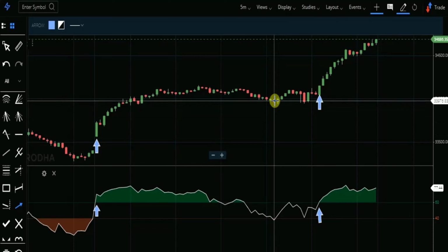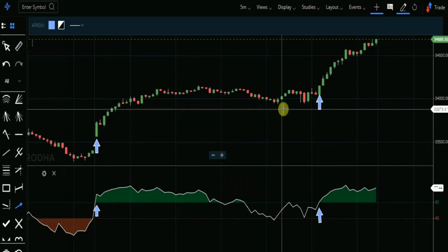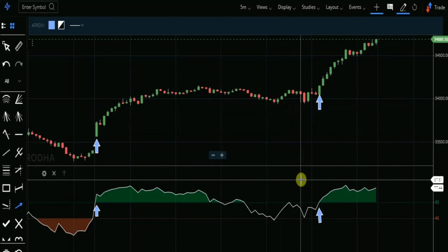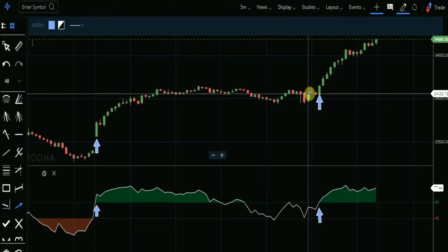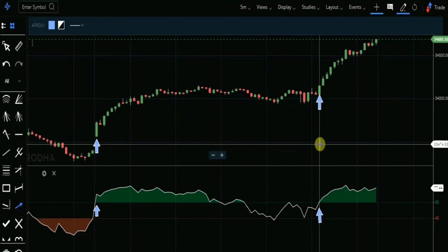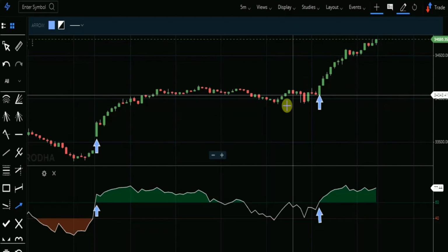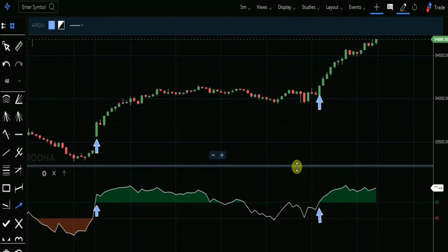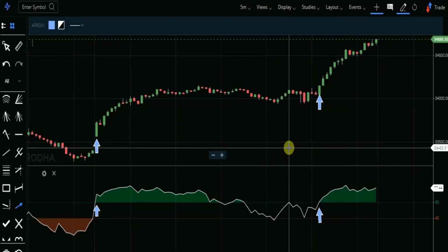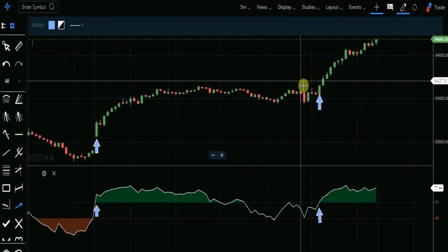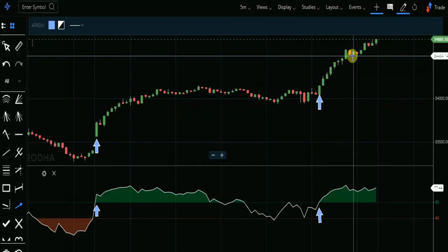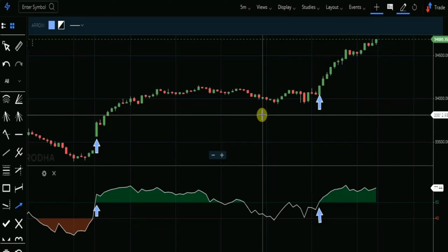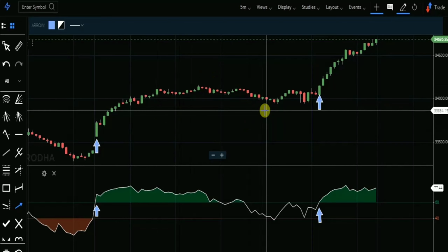Now here also you can see when RSI goes between the 60 to 40 range, then you can say that the momentum has been lost and price is going in the sideways direction. And as soon as the price shows reversal and RSI goes above 60, the momentum starts to gain. And that is the most important part, where we want to capture the momentum in the price. We don't want to get stuck in the sideways market. And you can definitely catch the momentum here.